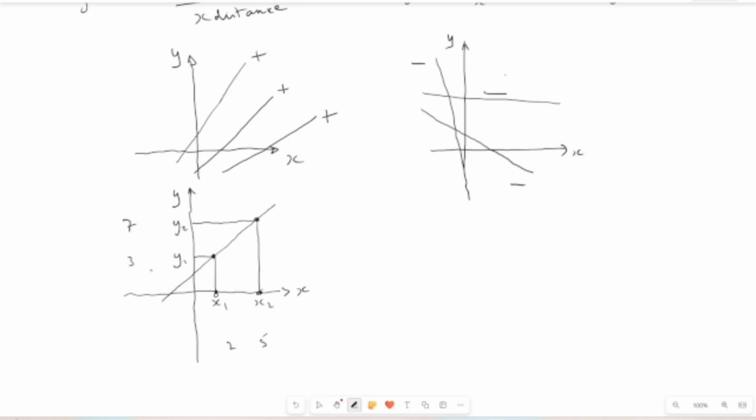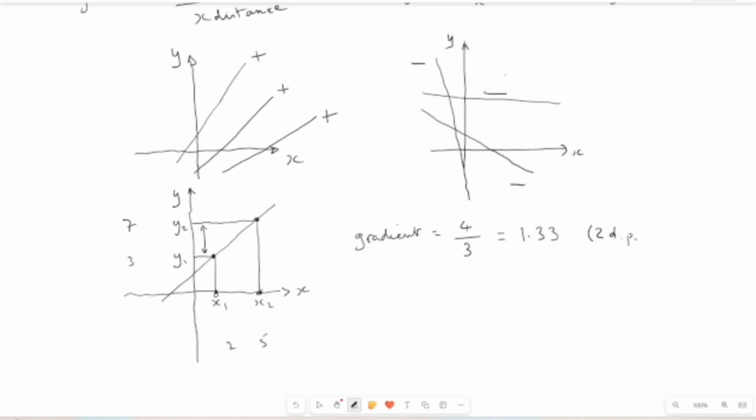In this case, then we work out the difference in y, so we write gradient equals, and in this case, this distance here is 7 minus 3, which is 4. And here we've got 5 minus 2, which is 3. So that is 4 over 3. You can write that as a decimal if you want. And that gives 1.33,